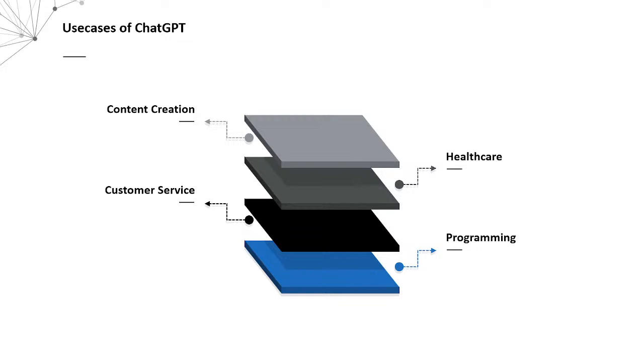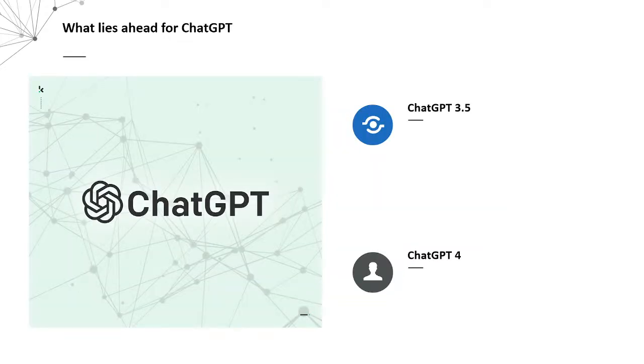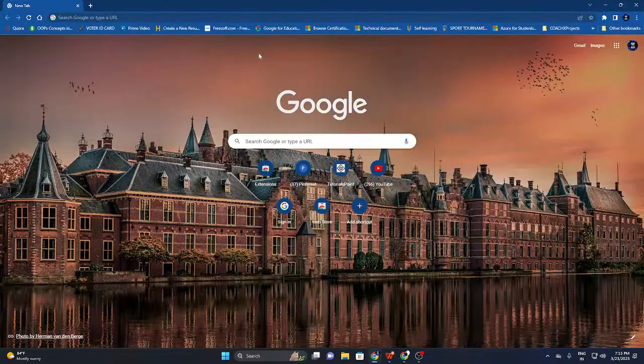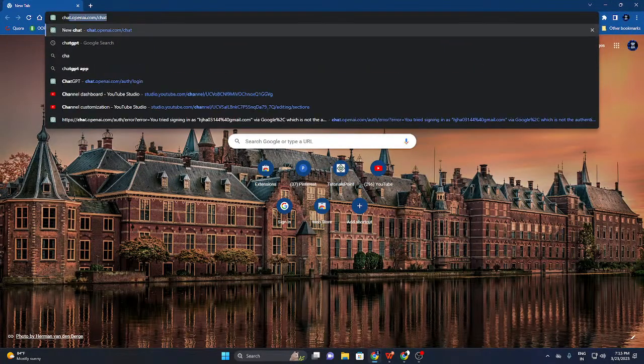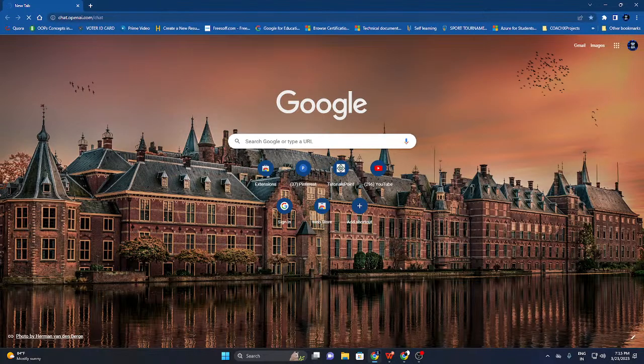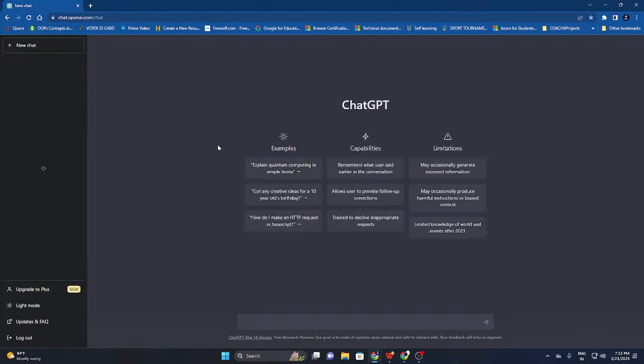Now, in order to see a perfect demo of how ChatGPT is working, I'll let you know. See, now you can go to any browser you want. Just open it, call it chat.openai.com slash chat option. Now after opening this, you can see this is the interface of ChatGPT. Depending upon the internet connection, it will give the results. Now I'll say that